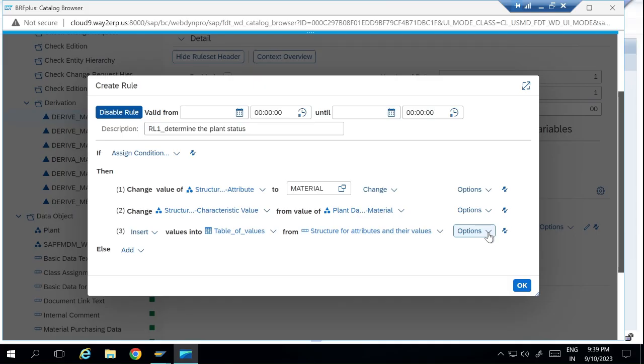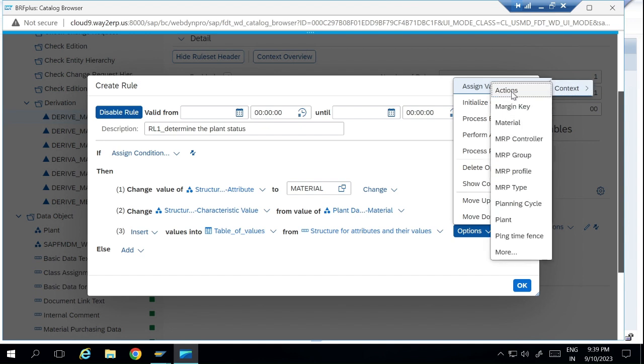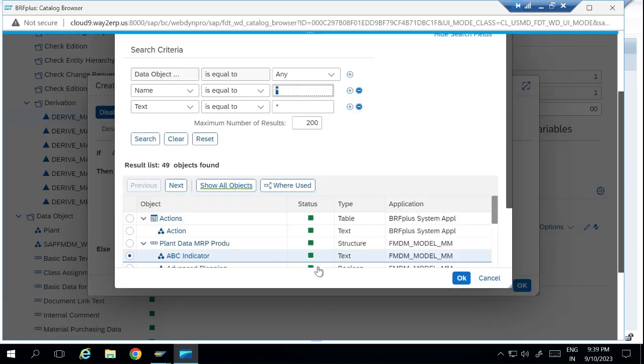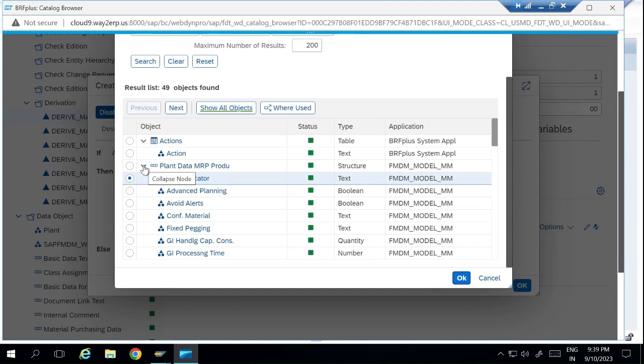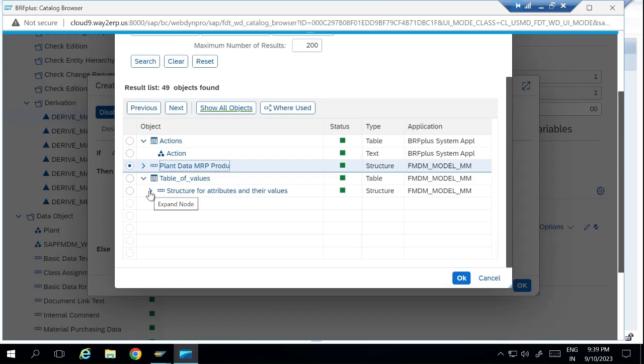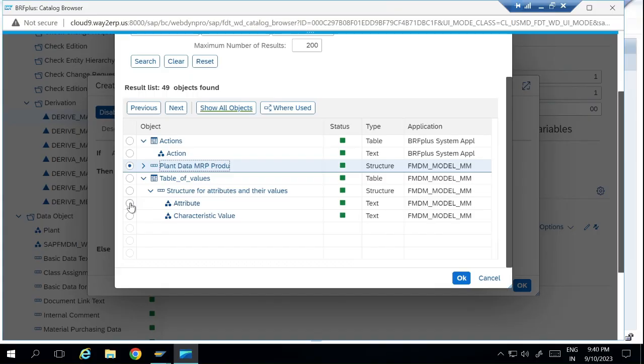Then using the same logic, we will again go to options, value, assign value from the context, and we will then select, so again using the context query, we will then select the values again. So first we will select the attribute,